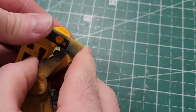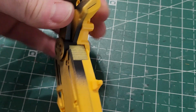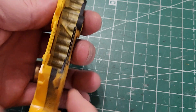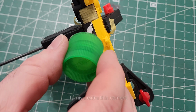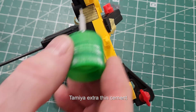And then I can go ahead and I can glue this whole thing together. I can sand down the seams, get rid of the seams, paint it, and then I can just remove this tape afterwards, exposing the black. So I'm going to go ahead and clamp these together and start putting some liquid cement inside there to glue